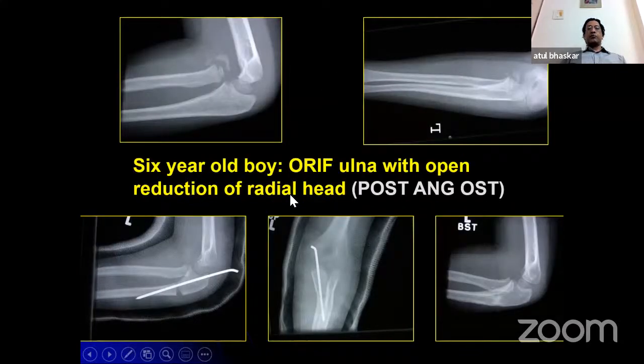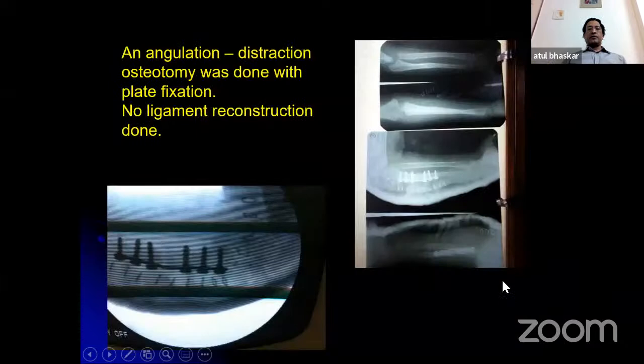Another child, a 6-year-old boy, we did only an ulnar osteotomy in the proximal part. Open the radiocapitellar joint. There is this fibrosis with calcification. In this one we could get away with only an ulnar osteotomy. You can see it's an open osteotomy, flexion type, and distraction. And here it is at healing. So ligament reconstruction is not always required.